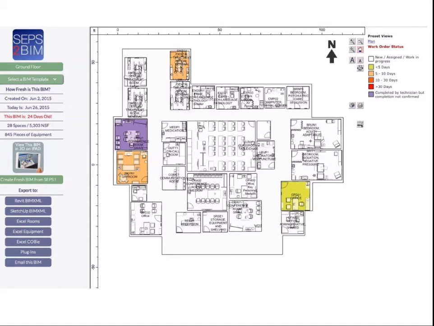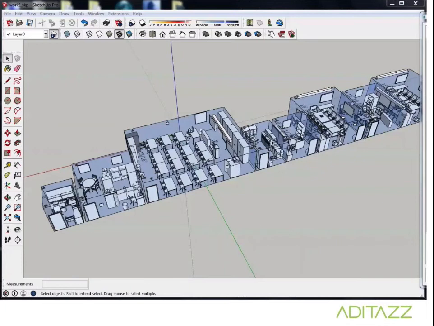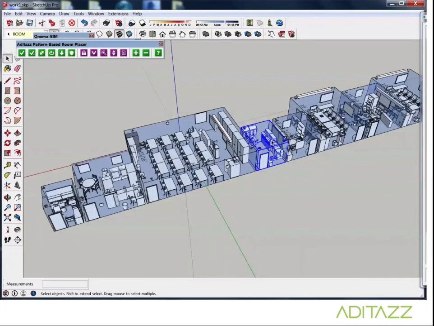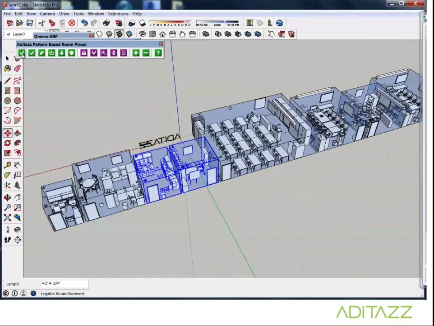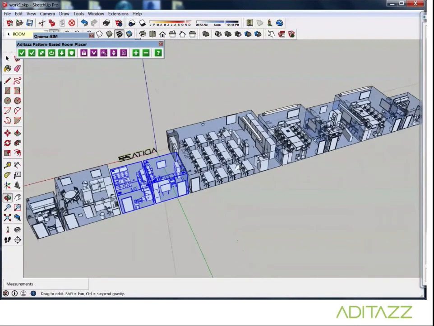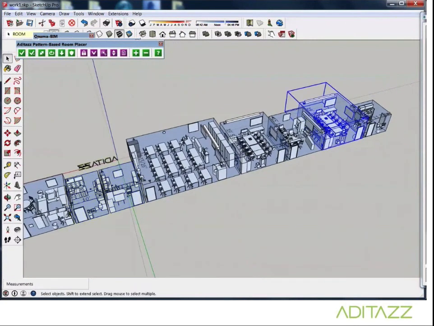Oh, and this is the last thing. This just literally came in 2 hours ago. It's a group called Aditas. We thought they were not going to be involved with the hackathon. We sent them a note on Friday and said, here's data coming out of the government data. They have a plug-in and they have a whole system that, this is in SketchUp, that takes the spaces that came out from the system and automatically starts arranging them. Aditas does this automatic